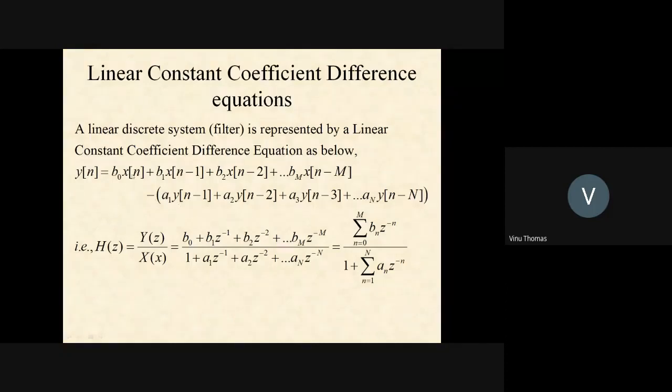So I have talked about constants b0, b1, b2 etc. up to bm for weighting the present input and the past input samples, and the present output depends on the past input samples up to the mth past input sample, which is x of n minus m, as well as the past output samples up to the nth past output sample, which is y of n minus n, through the constants b0, b1, b2 etc. up to bm, and minus a1, minus a2 etc. up to minus an.